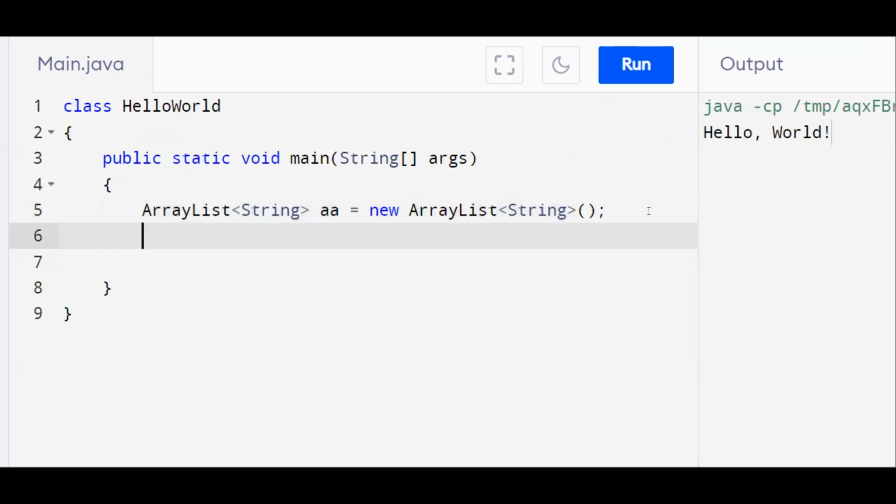Initially we can print its size also, using System.out.println. So how to obtain its size?